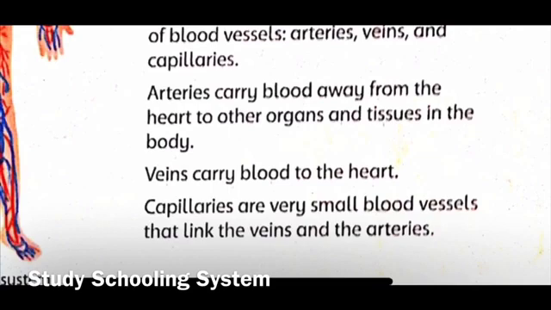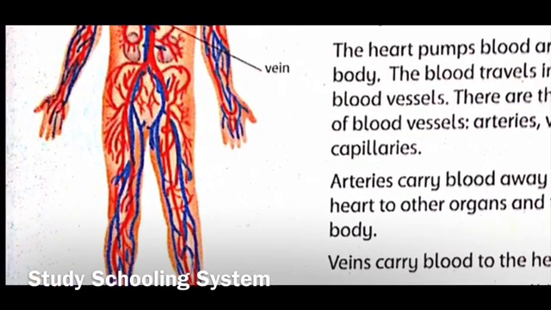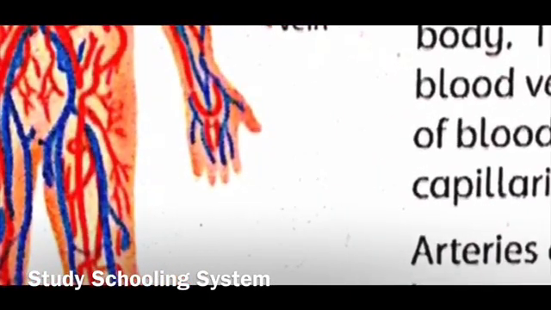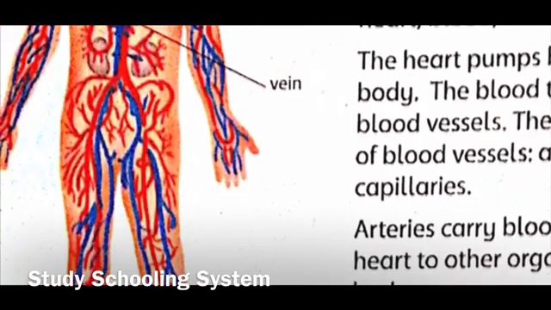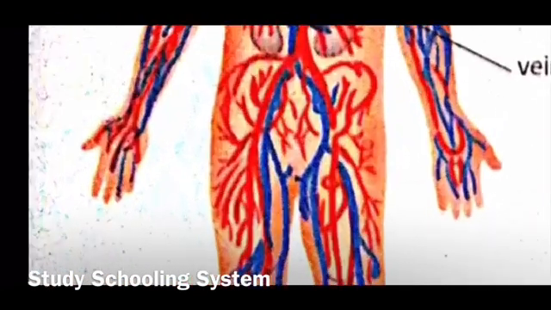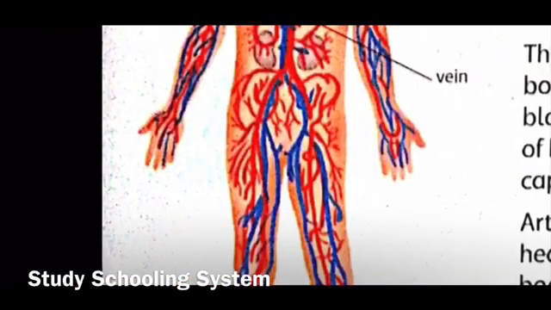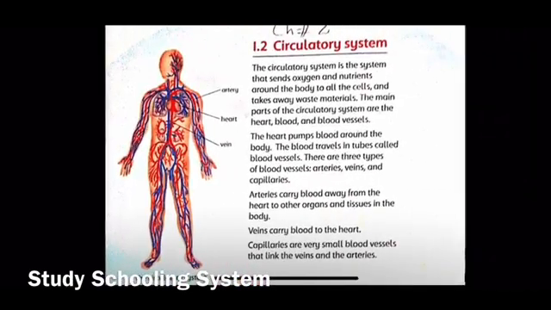And then capillaries are very small blood vessels that link the veins and arteries together. So capillaries, they join the arteries and veins together. As you can see over here, capillaries are really tiny, so you can't see them. But at points where it looks like arteries and veins are together, that's where capillaries are